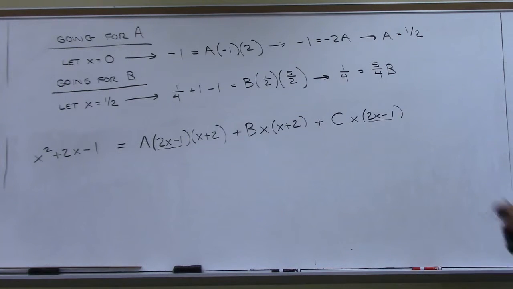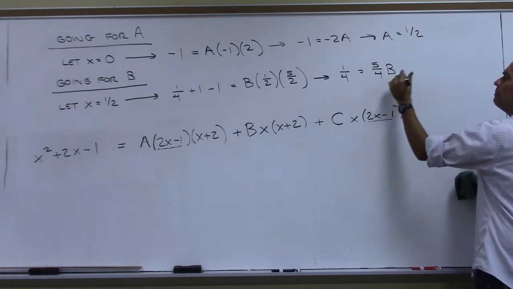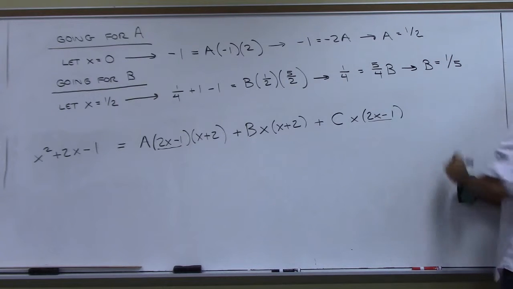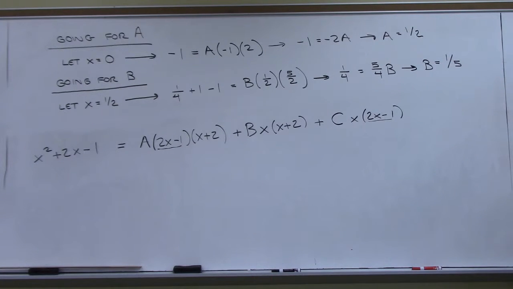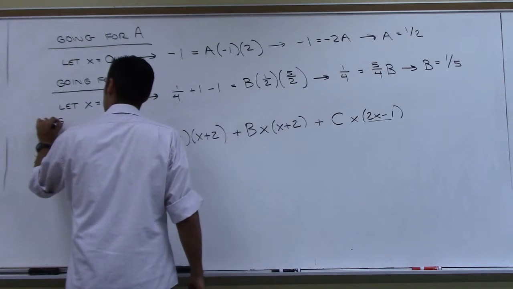Where are we? Right here? And what the heck is that? B is what? 1/5. All right, 2/3 of the way there. How do we get C? If we're going to go get C,